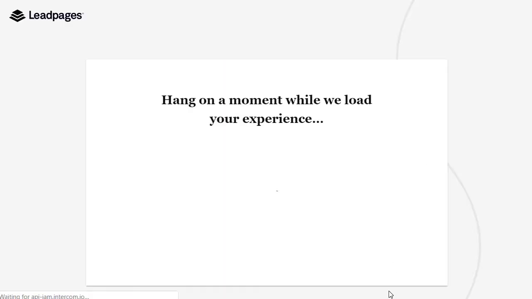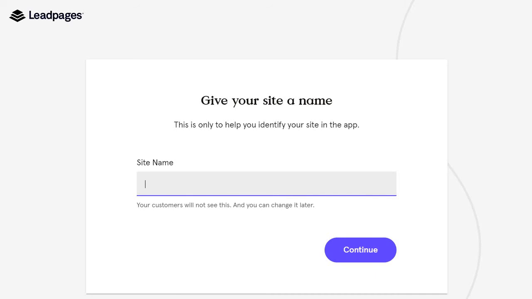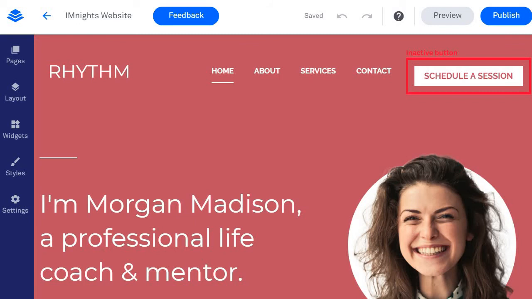Let's use this template, and I just want to show you it's going to be exactly like you are creating a landing page with their other editor. Once again, I have given it a name. Let's click on continue. And from here, this is virtually identical to creating